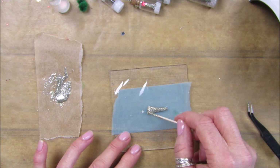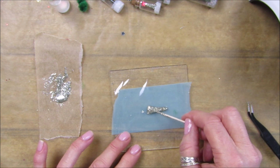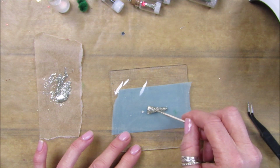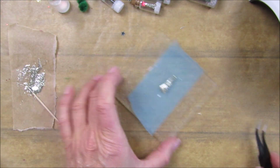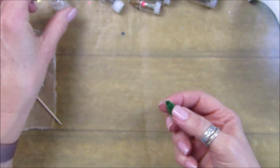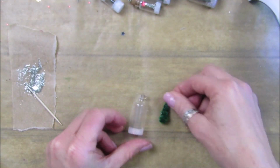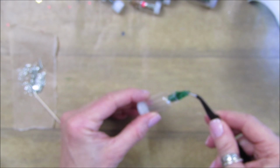Okay, perfect. Again, you can make it out of green glitter or gold glitter, whatever colour glitter you like, but that's going to go back in there again like that. So let's get our tree back out again. Now I'm going to take this, so that will just sit inside. I might need a little bit more resin in there actually. Let me hold on to this, push him in,